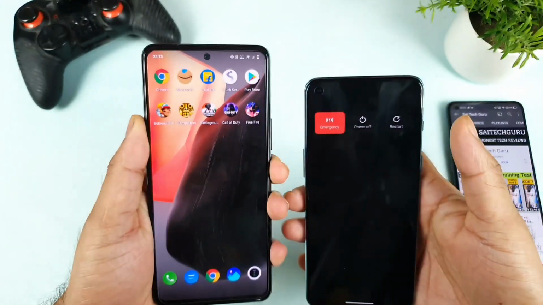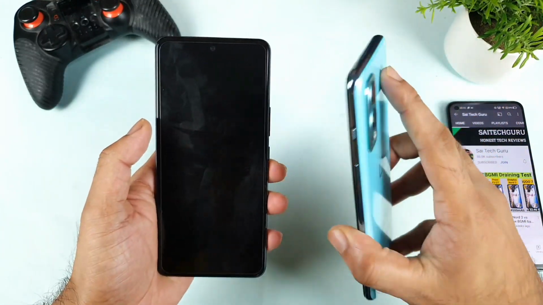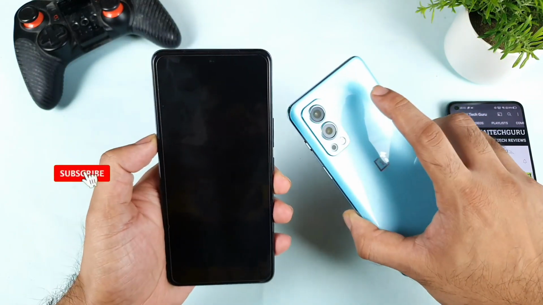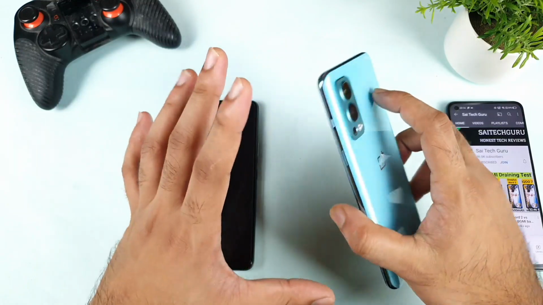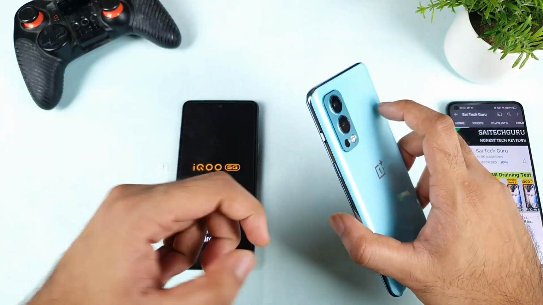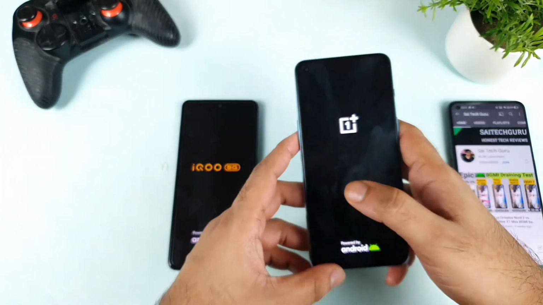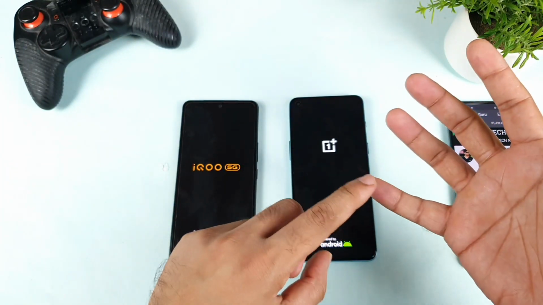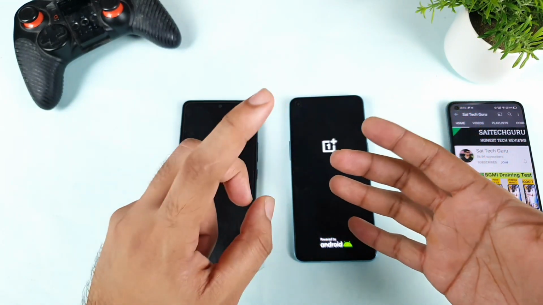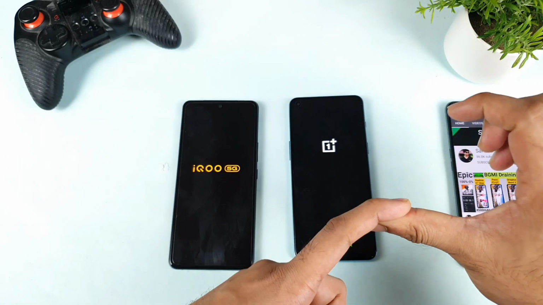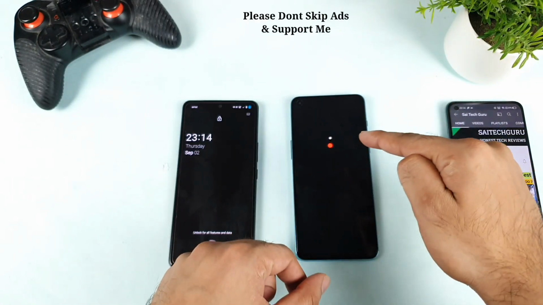And this is my first time doing this kind of test side by side using the Ultra Game mode, the game space and the high performance mode. So this is going to be really interesting, because the OnePlus Nord 2 has really good capabilities, but you will get that kind of high level capability only if you use the high performance mode. Yes, absolutely. It can boost the UFS storage read and write speeds. It can boost CPU and GPU scores and other benchmark scores, and even the CPU throttling score. Plenty of things are related to the high performance mode in this OnePlus Nord 2.